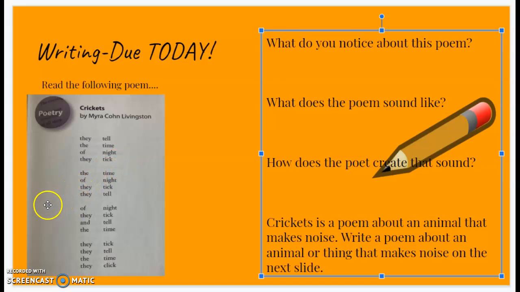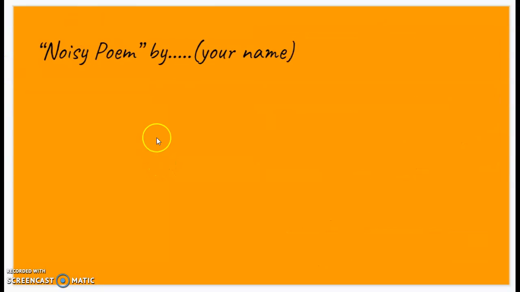So your poem should not say, for example, if you're going to do a dog, my dog barks, my dog says ruff. Your poem should not tell us what the animal is. Your poem should use sounds that act as clues that would tell me what your animal is. So on this slide, you are going to write your poem